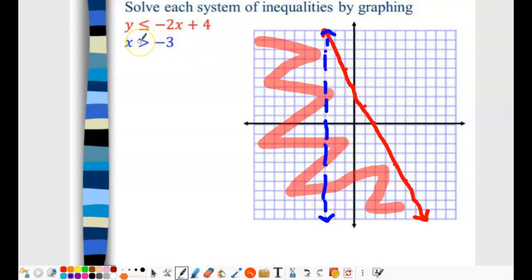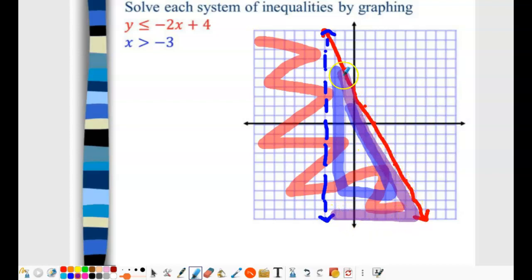And x values are greater than. So the x values with respect to this line are bigger to the right side of the line. So I'm going to shade to the right, which is over here, which means that my solution is this triangular